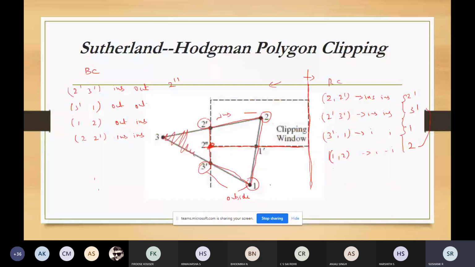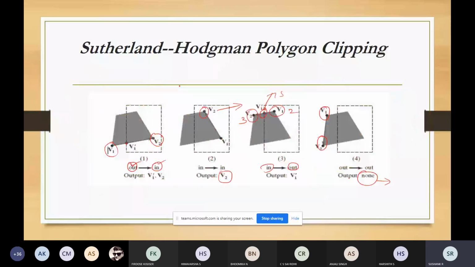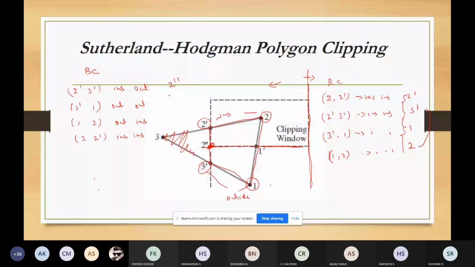So here also, this is my first vertex, this is my second vertex, inside, outside. So 2 double dash, so I got a new point. When we have 3 dash 1, both the points are outside, which means none. When both the points are outside, you don't consider this case. And when one point is outside and the other point is inside,